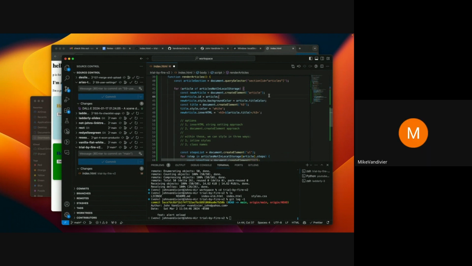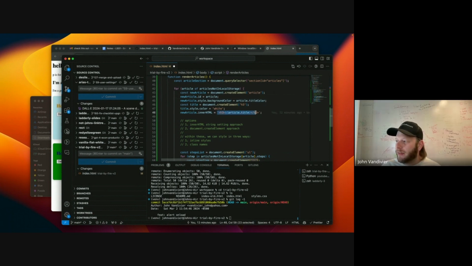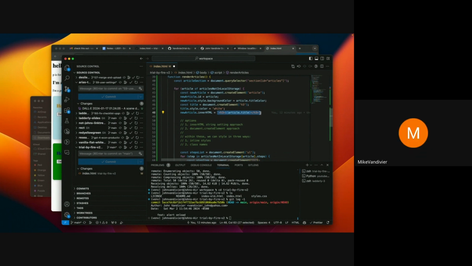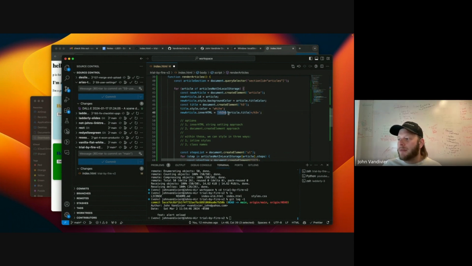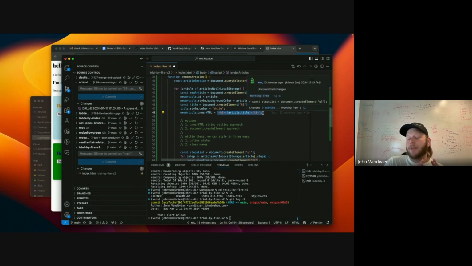Right. So the inner HTML is creating that title. Yep, that's what we're doing right now. Does that look good to you, or do you want to change it? That looks good to me. That makes sense to me. Okay, so we have this title. The question is, if I have the title text now, how do I color it?